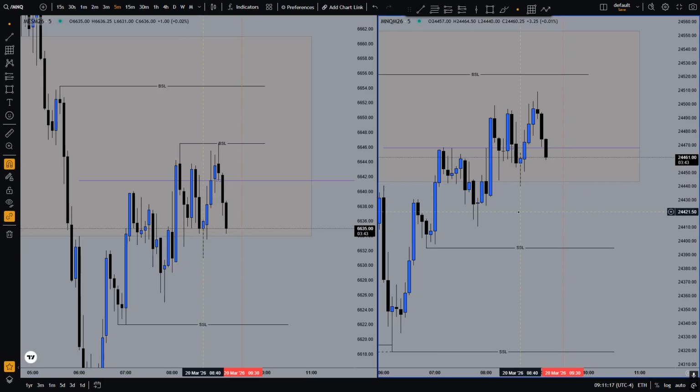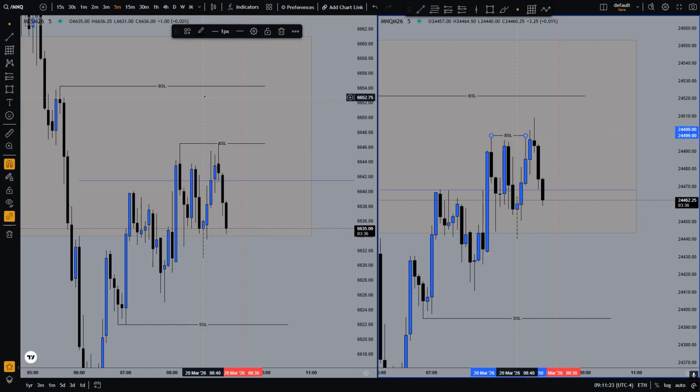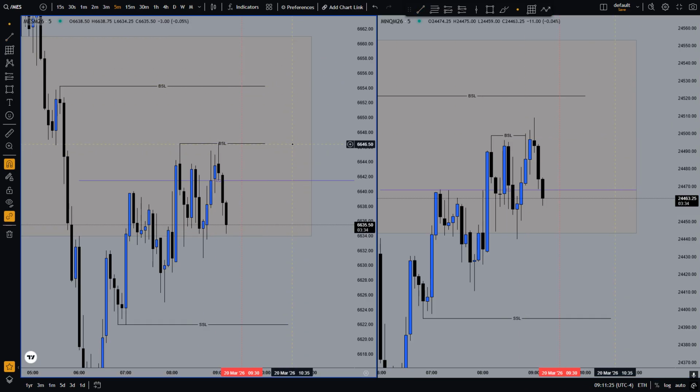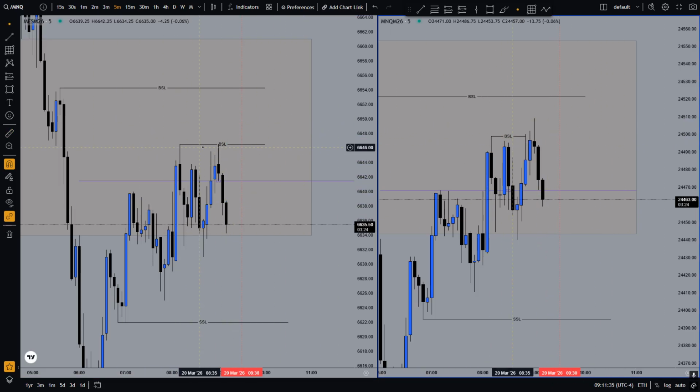So it looks like we are getting some nice displacement. Just because ES puts equal highs in up here doesn't mean that we got to come back to it, right? Because NQ took the high. Now, if we put in equal highs on ES and then NQ did not take the high or put in equal highs as well, then I can say, okay, I want to see if we want to get back up here actually, but